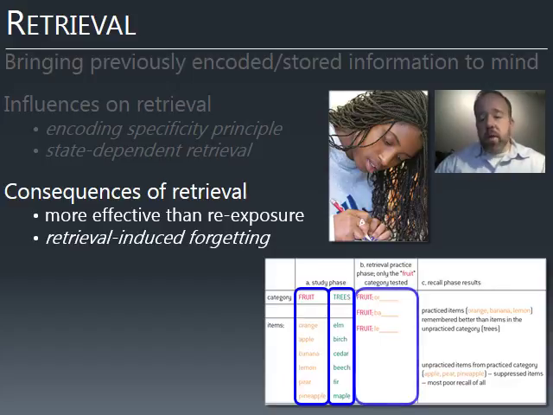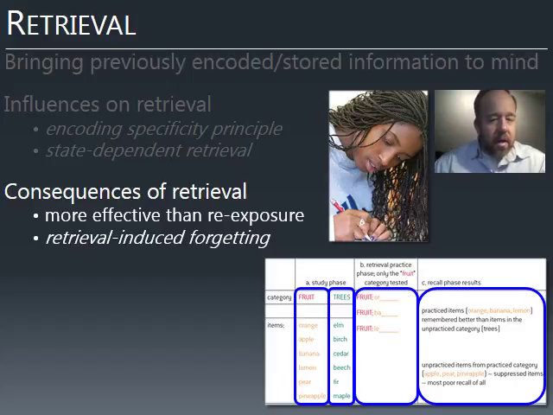And then the participants were asked to recall certain words on the fruit list. And they did so, but they weren't asked to retrieve all the words on the fruit list. And then later on, when they were asked to recall the words on the list, they could recall the tested words from the fruit list very easily. However, they had a better chance of forgetting those untested words. And what's really interesting is that the untested words were actually forgotten more than words on the list that weren't